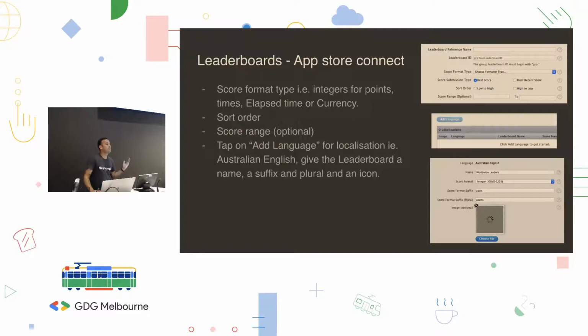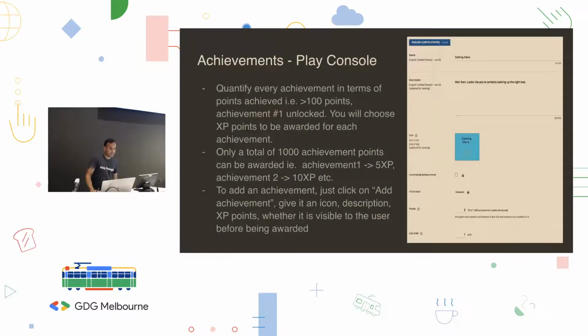If the points metric has tools, you could for some reason provide tools such as things like achievements. So achievements are actually very simple also. You just give it a name, an icon like you did for leaderboards. Every achievement usually has to be a progression, right? So you give it how many XP points you can award the user as they progress through the game.